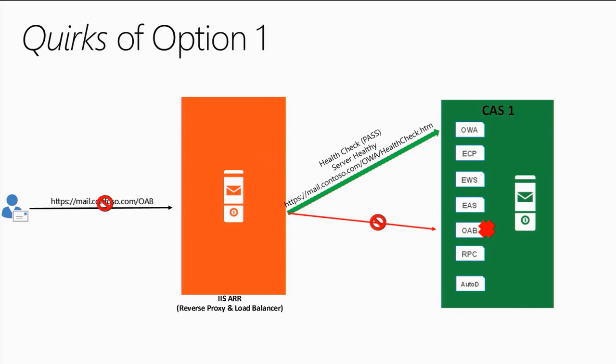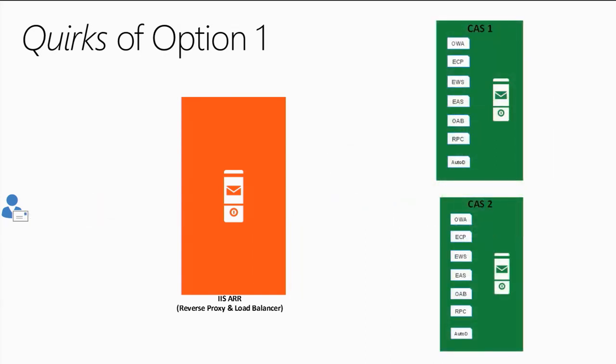But what that affects is the end user. The end user will not have the latest offline address book. Similarly, if you just expand that to the Exchange Web Services, similarly, because this is something that has been caused by you, by the admin, because of the way you have set it up. So that's similar. Okay. Now, if I just add 2 more Exchange CAS servers, and this time,